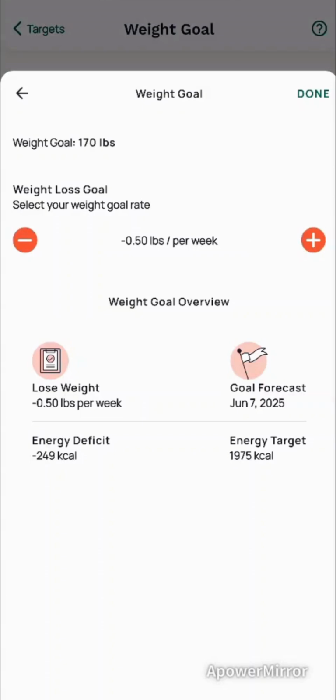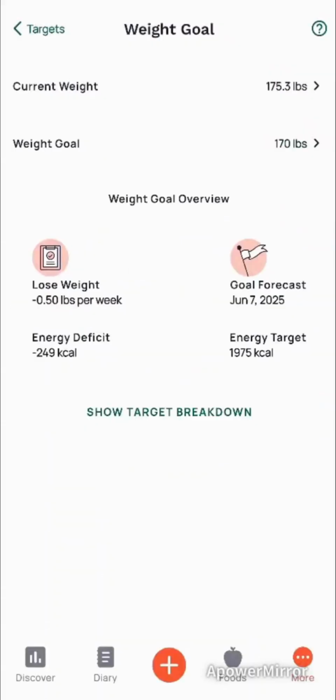And based on that goal, it comes up with an energy target for me of how many calories I need to consume, which is 1975 per day. And then on top of that, it tells us based on this, if we follow this, what date we should meet our goal if we follow this plan, which in this case is June 7th. Once you're done with that, you're going to go ahead and click done, and then you're going to come back